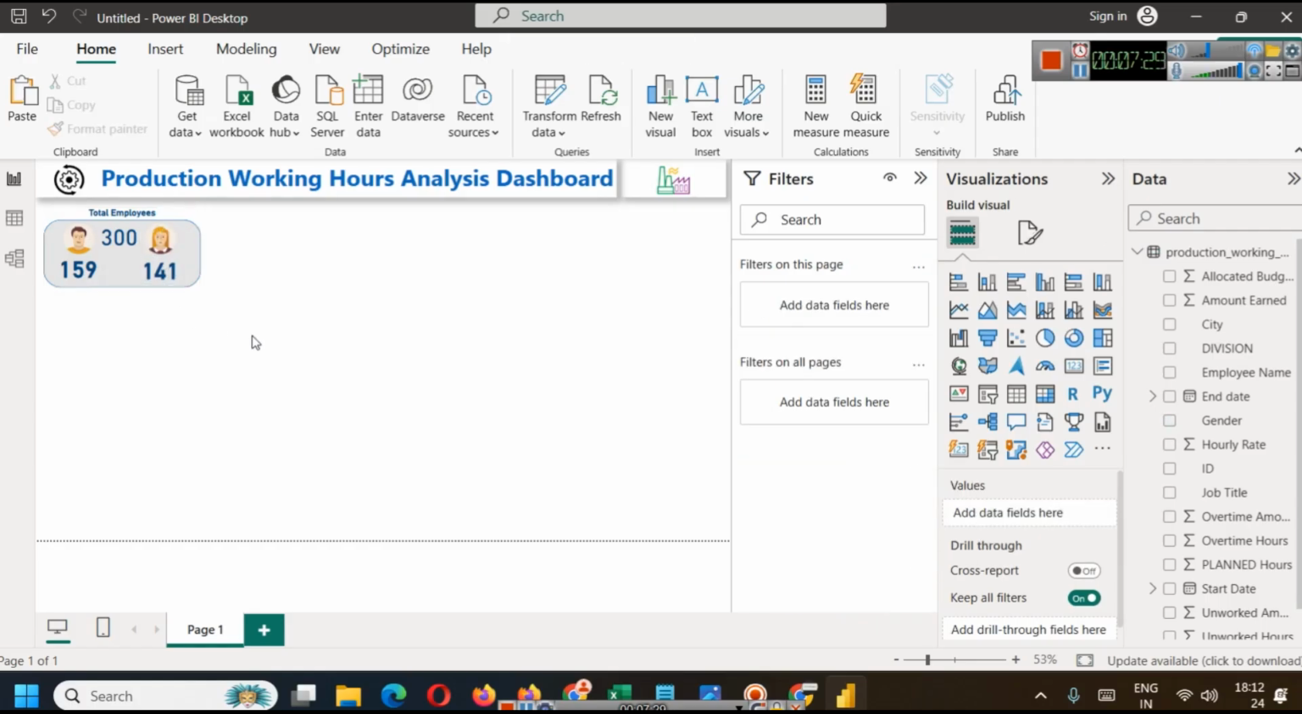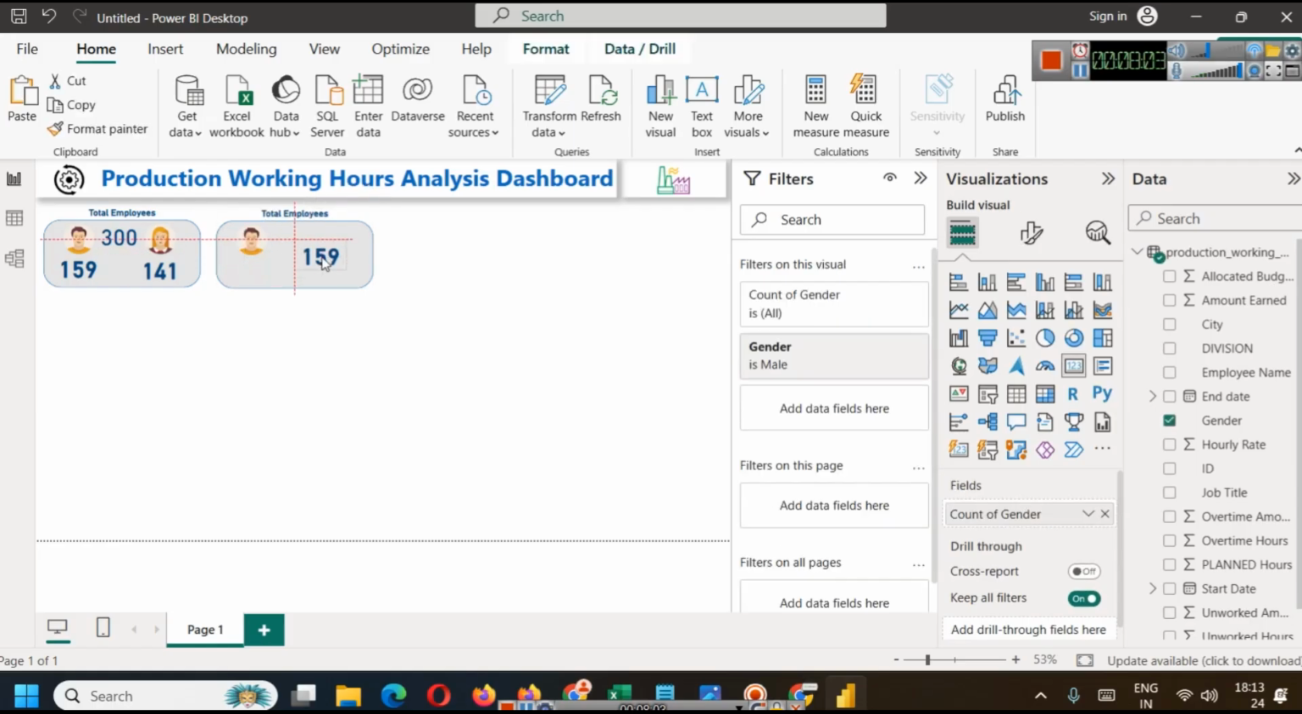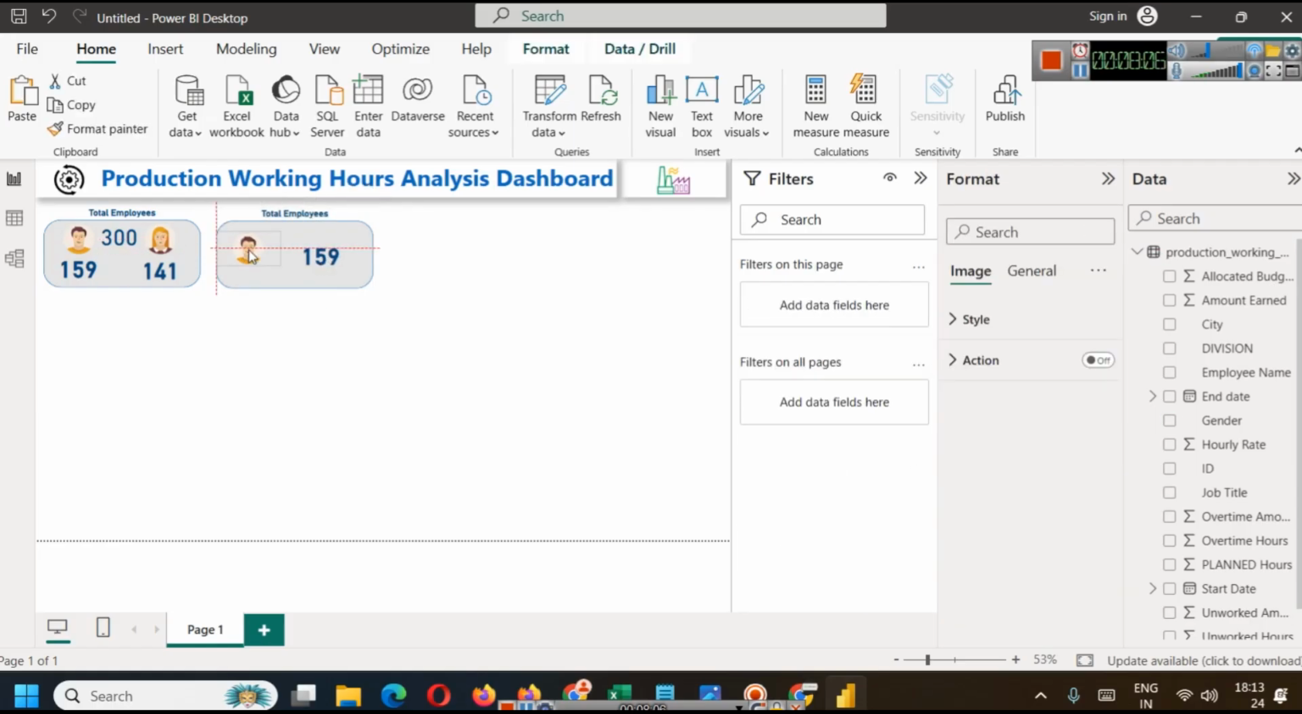So our total employees card is created. Now we will copy this card and paste it just beside this card. Here we are going to put another KPI measure. So we can go to format and ungroup them, because in the second part we don't need all the data. So we will show one icon and